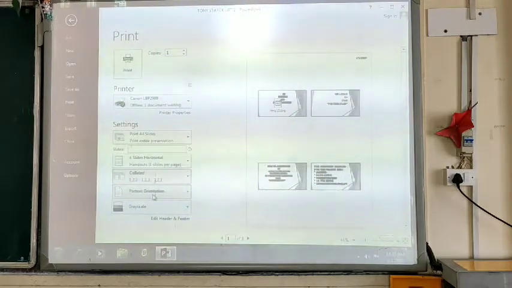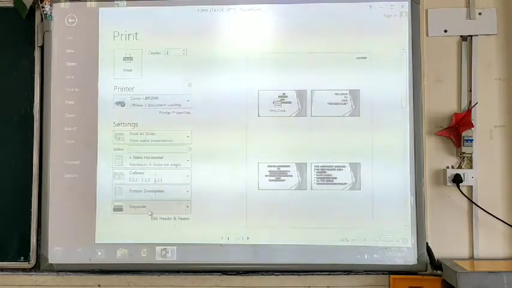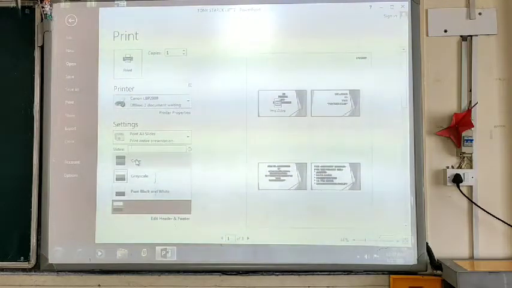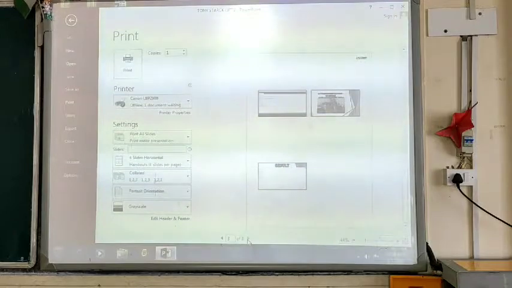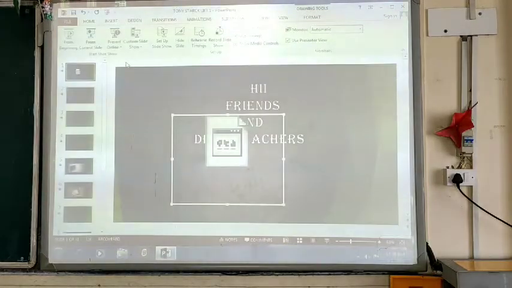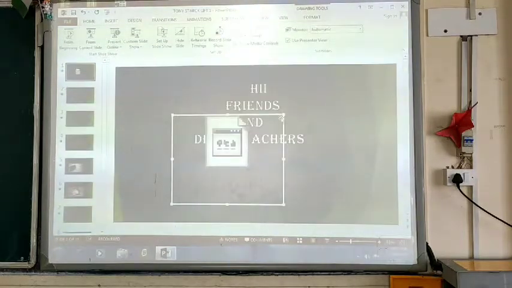Then from here you can choose whether you want a portrait orientation or landscape, so you can define the orientation of the page. And if you want a color printout, grayscale, or a pure black and white printout, you can choose the option from here and then give the print command, and your printout will be taken.